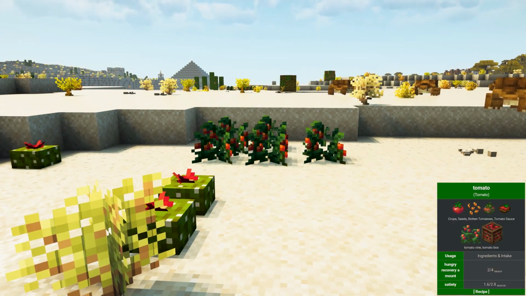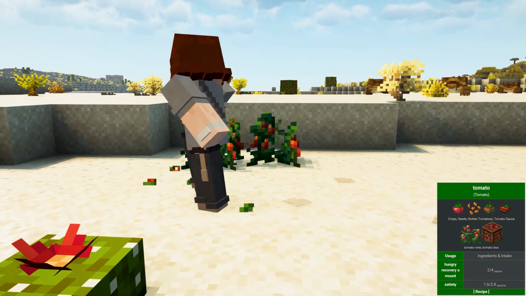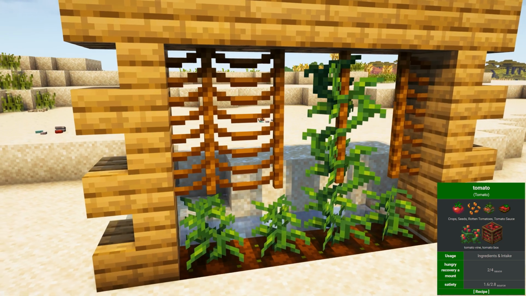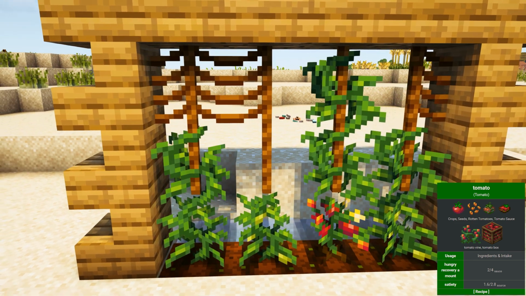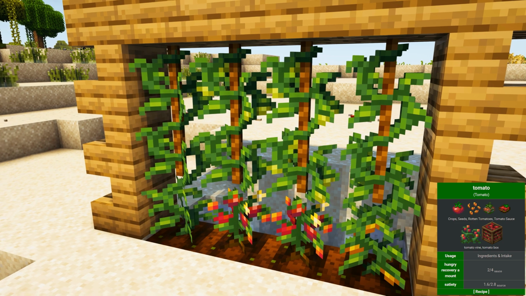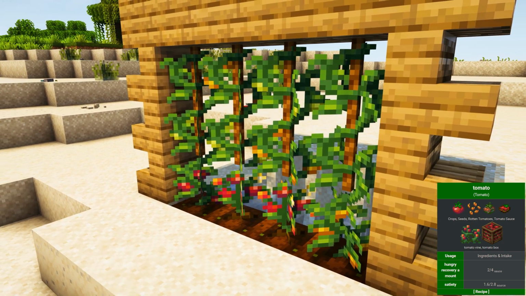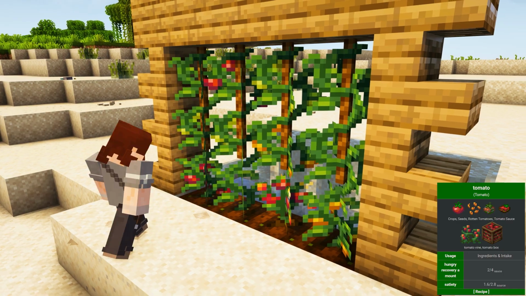Tomatoes can be obtained from their wild variant in arid climates like desert biomes, and they can also be found in village farms. All you need to do is plant them on farmland near water sources. If placed with rope above, it will grow upward by an additional 2 blocks. Be aware though, tomatoes can rot, making them inedible, but you can still throw the rotten tomatoes at your friends